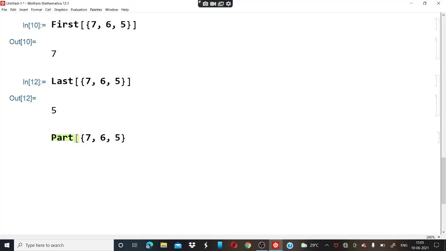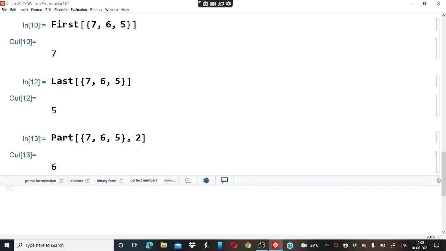Then we close the bracket, separate it with a comma, write 2, and press shift and enter. Why is it selecting 6? It is selecting 6. I guess it's because 6 is divisible by 2, and 6 is the second element.